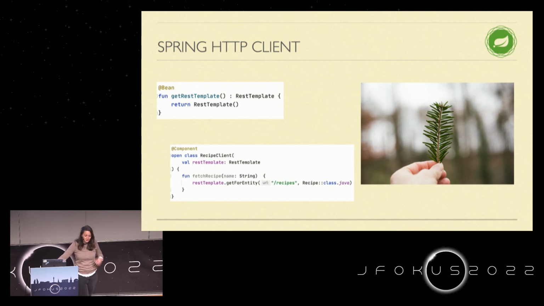However, this is where it feels awkward for me. I'm building this whole Kotlin application, really proud of myself, and then I need to write this down, because the Spring REST template will only work with the Java equivalent of the recipe class to do its deserialization. I don't really like that. So I switched to HTTP4K client in my project.